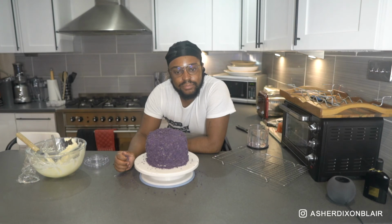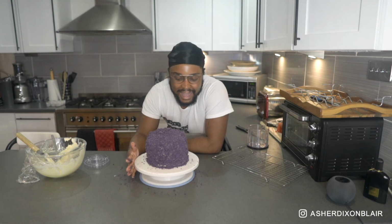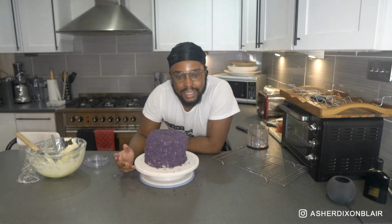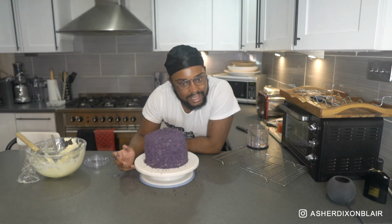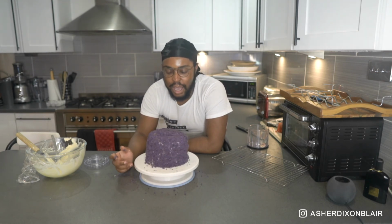So, after all of this, this is my Ube cake. Let's just hope it tastes nicer than it looks. Looking in the monitor, it doesn't look as nice on camera as it does in real life, and that's not even me trying to big myself up. Like, it looks better in real life, but that doesn't mean it looks good. Well, she tried. At least, you know, she...